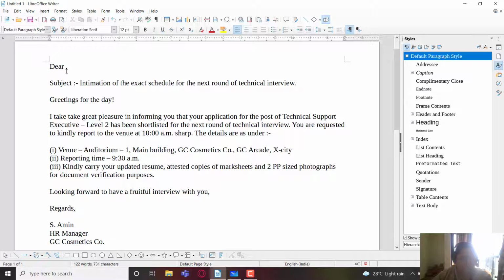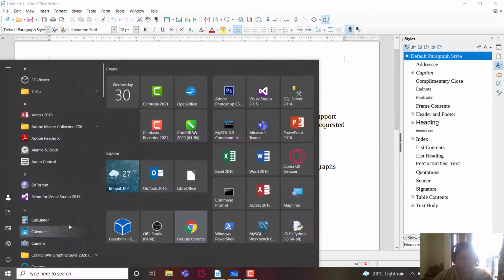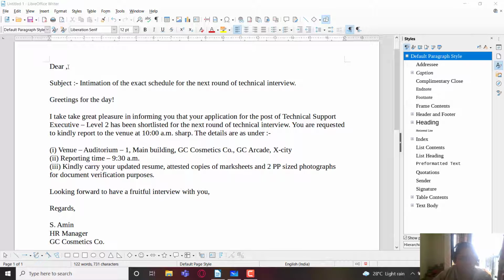So you can see the space over here, that is after "Dear". That is the space where we will be typing the name of the candidate along with his title. And below that we would type the address of the candidate, right?